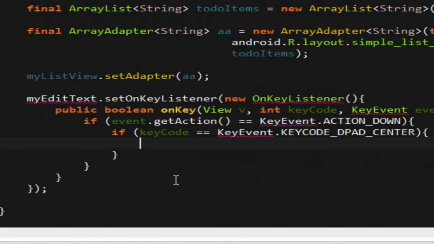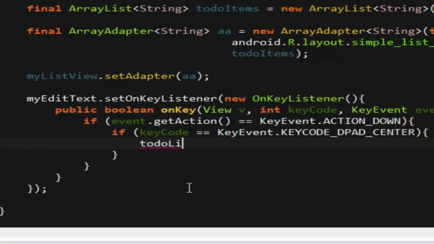So basically what we are saying is, if someone clicks that center button after typing the information, what we want to do is get the information that they typed in, and we'll be like